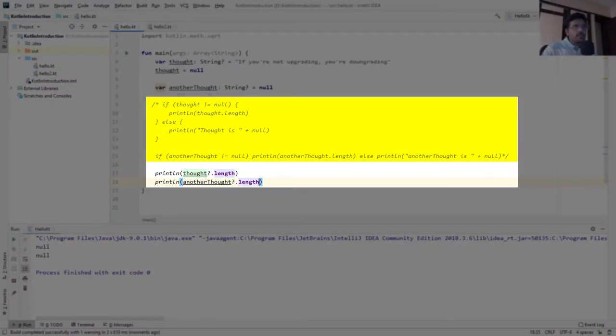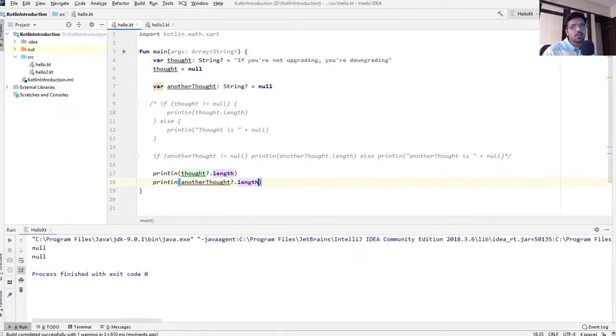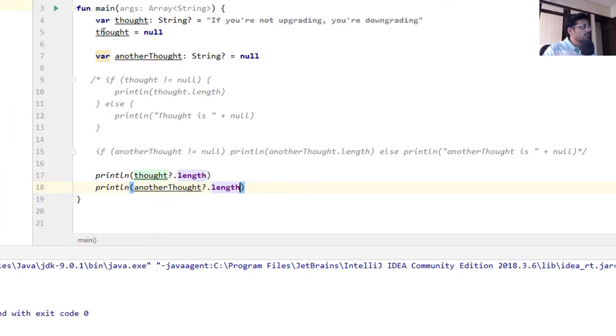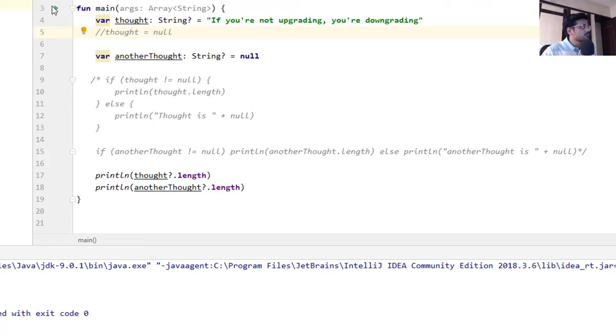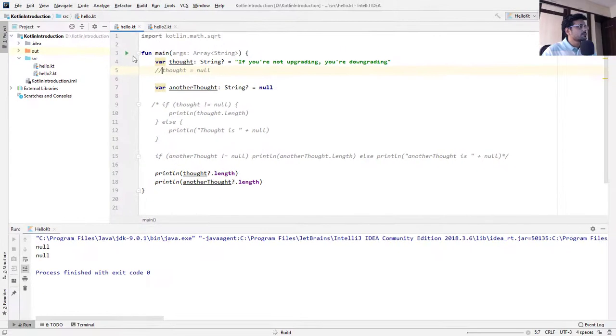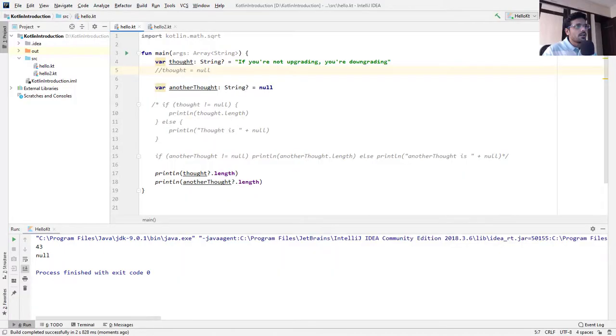As you can see here, so many lines were replaced with just a single call, which is a safe call. And if we remove null from the variable thought, then it prints out the length of the thought variable. Here it now prints 43 as the length, and for the another thought variable, it prints null as expected.